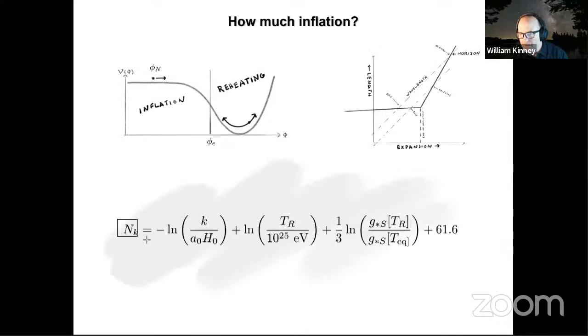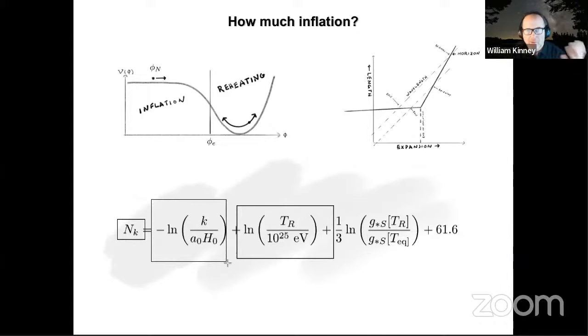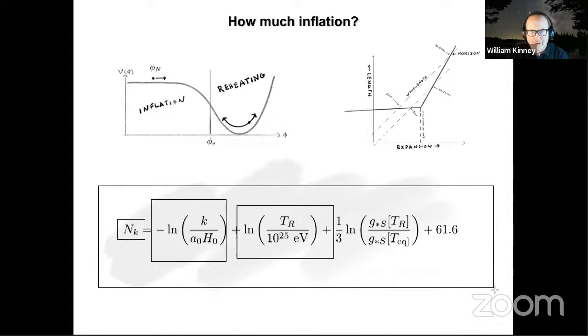So if I know the number of e-folds and I know, for example, for a given potential what the reheat temperature is, then I can calculate what the wavelength of that mode is in the current universe, and I can relate this to observation. So this formula is how I take the parameters from my scalar field theory and translate those into wave numbers in the current universe today. I do it in terms of the number of e-folds.